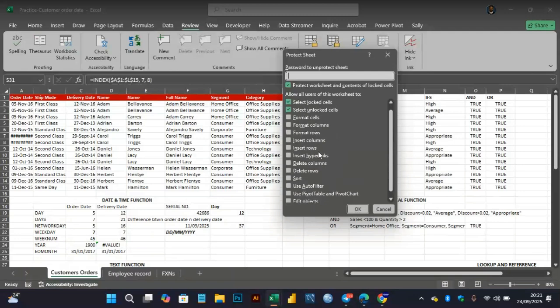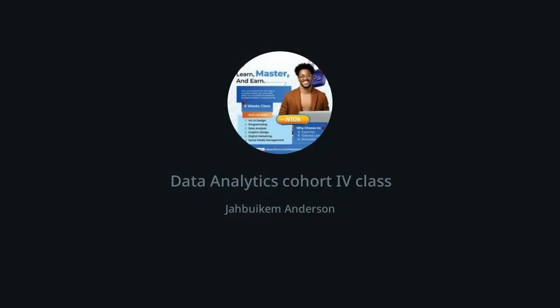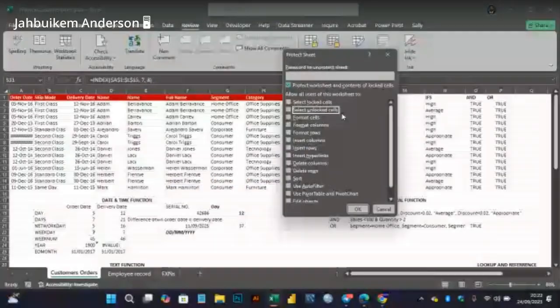I'm not allowing users to do that. I'm only allowing users to do these two. If I say I don't want users to do anything at all, I'll uncheck both of them. But to be mild in our protection setting, we only choose select locked cells and select unlocked cells. So these two go